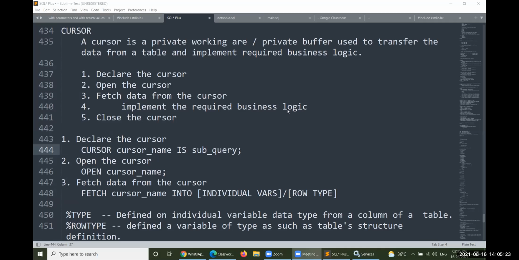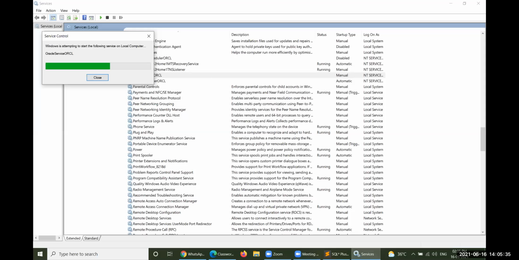What are the different steps involved when working with a cursor? These things were covered in the previous class.